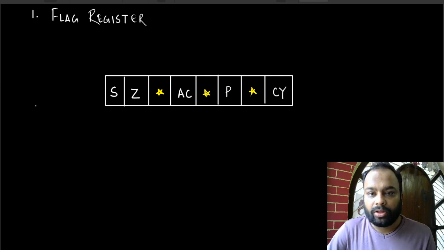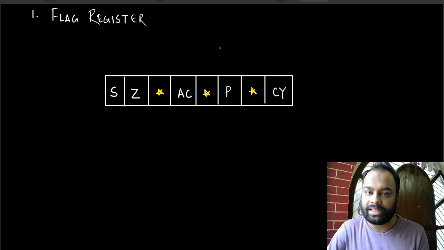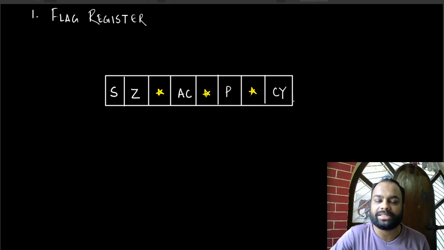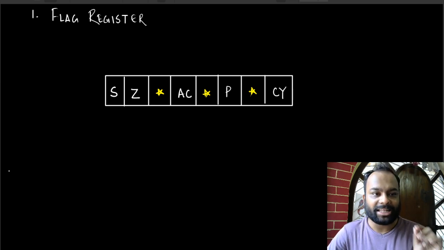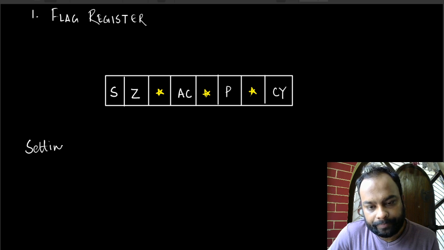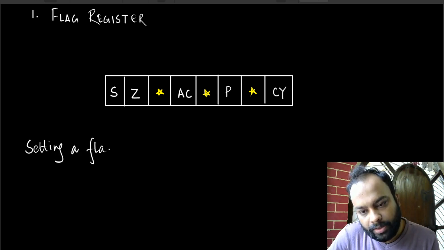So this is the flag register and these individual bits are the flags. The flag register contains all the flags. Now out of these, this bit and this one are not being used, and only these 5 are used. So when I say a flag has been set, it means the value of the flag has become 1. So setting a flag means